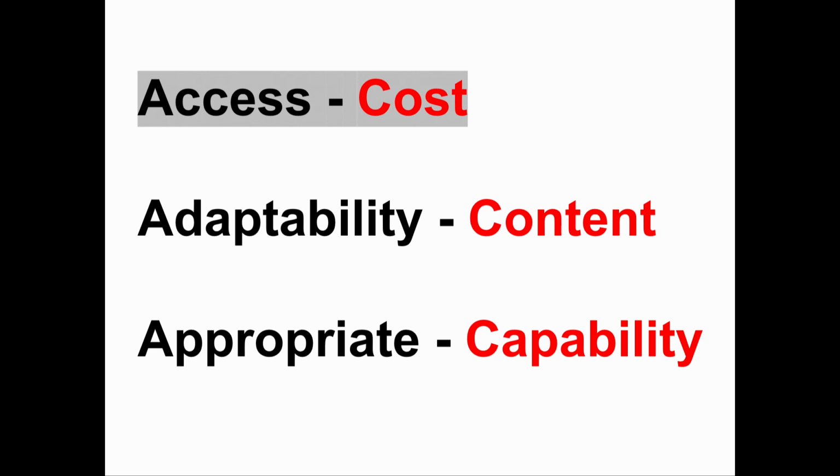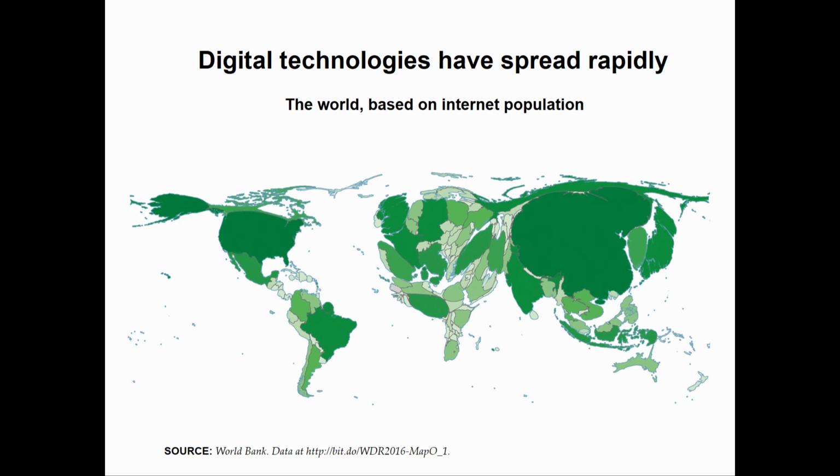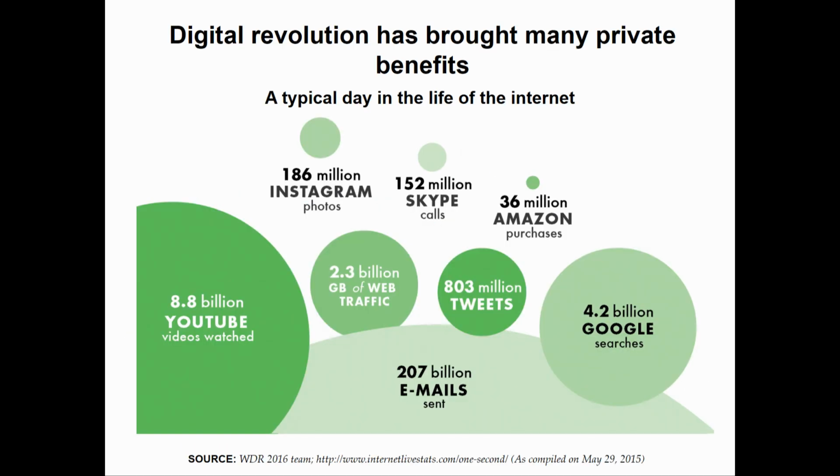And let me bring an example that I like working on a lot, which is ICTs. As you know, the growth of cellular phones and ICTs has been huge. Now, the red line, which is basically the number of cellular phones in the world, is higher than the population. This graph goes until 2013, but if we did it up to today, it would have grown even further. Not only that, it has expanded around the world. People initially didn't think that it would go to rural areas. It has expanded all over the world, and the world is now based on an internet population. And there are many things that are happening in terms of access to the internet around the world. We have web traffic, tweets, and so on and so forth.